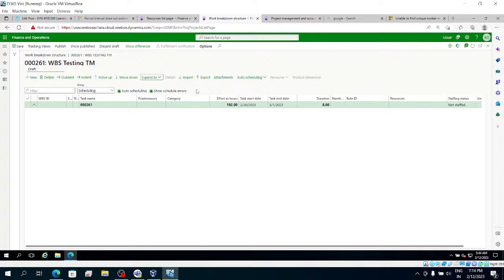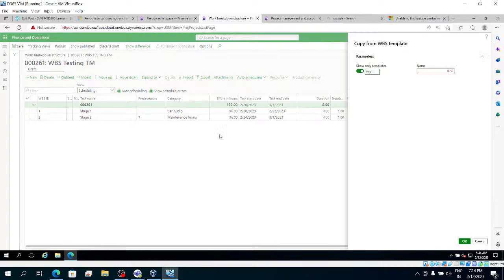To do that, first you will go to the projects and WBS estimated cost and revenue. We can find out that. And anyway, we already created this breakdown structure, right? You can import,